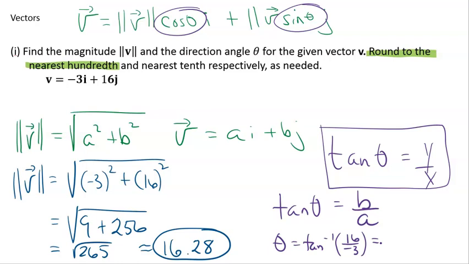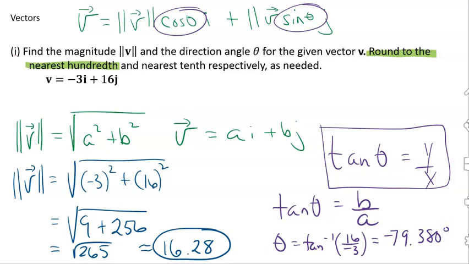So inverse tangent of negative 16 thirds. Going to get negative 79.380